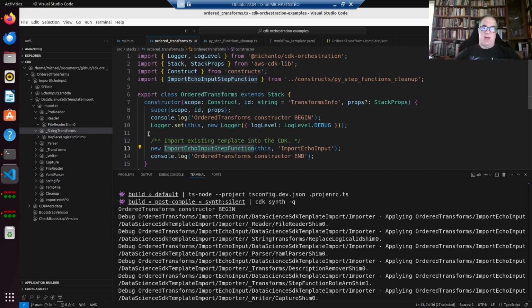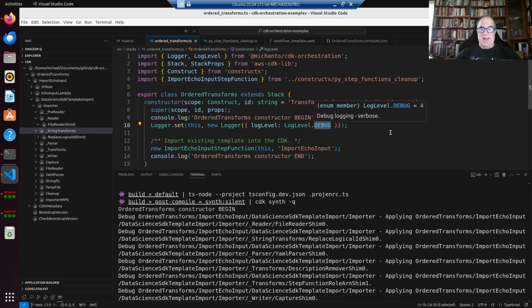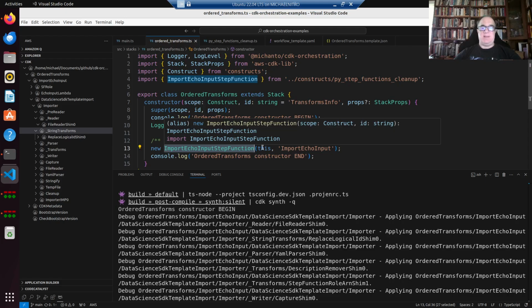So the first thing I'm going to do is I'm going to set the log level to debug using scoped logging. I have a video on scoped logging. It's called Synthesis and Scoped Logging, if you're interested in watching that. And the reason I set it to debug is because the transforms framework in my CDK library, CDK orchestration, will write out debug lines so that you can tell which transform is being applied and the order in which they're being applied. And then I have this import echo input step function, which is going to import the echo input step function,